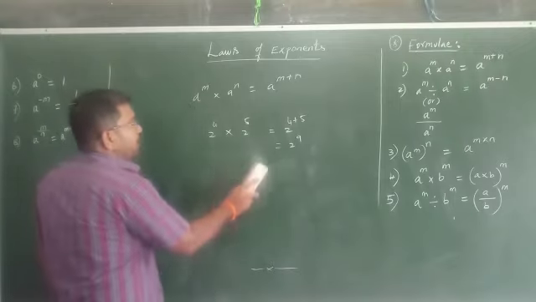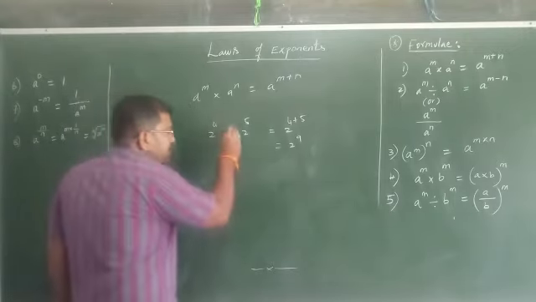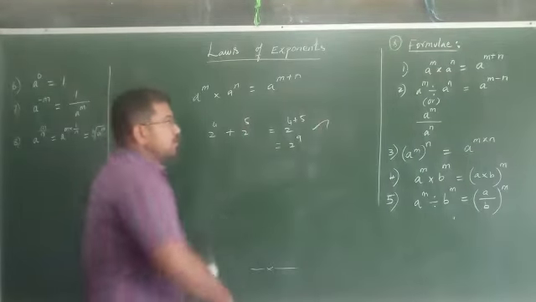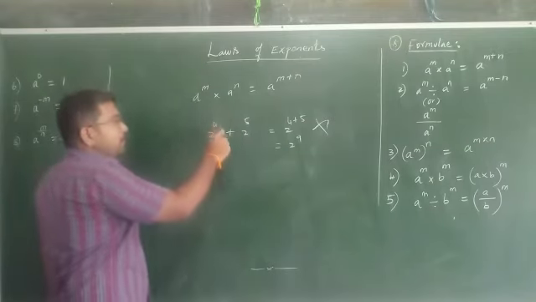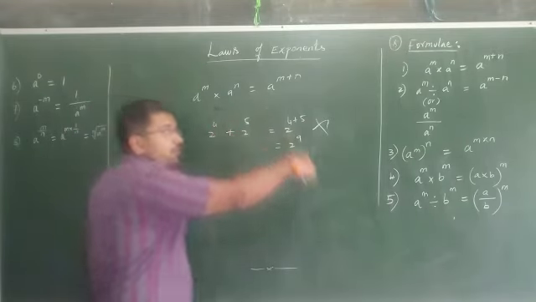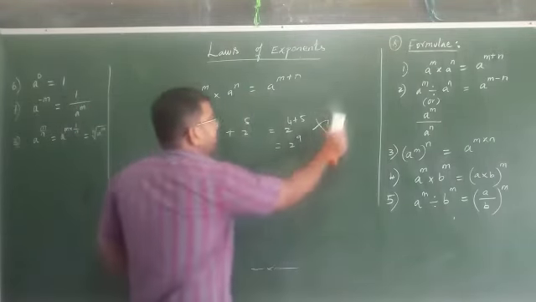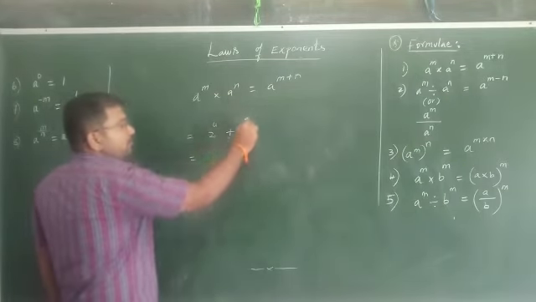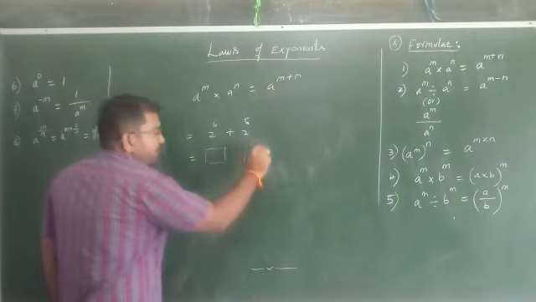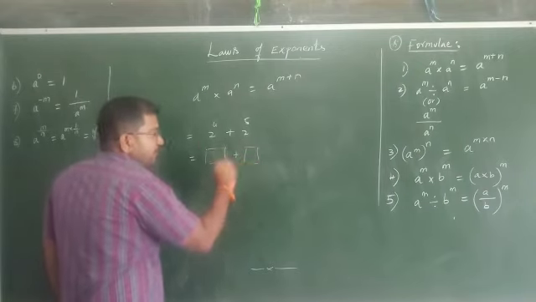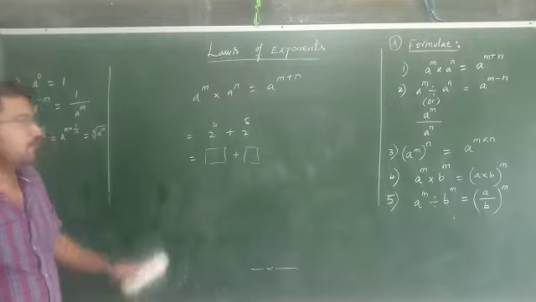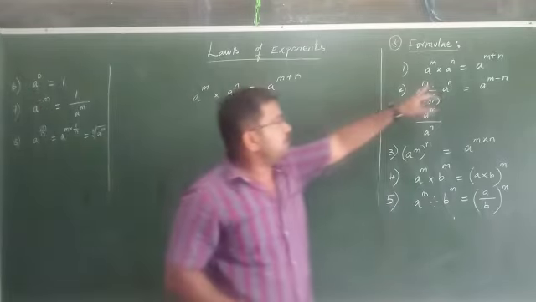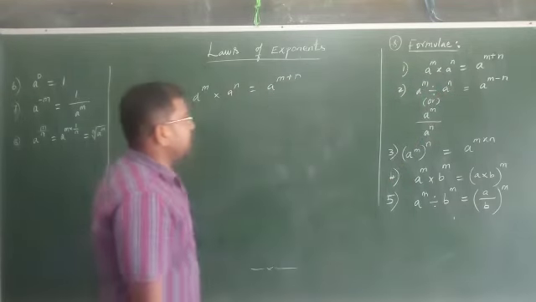Suppose instead of a product, there is a plus in between. Then is this answer right? No, it is not right. So for 2 power 4 plus 2 power 5, the formula is not applicable. Here we have to find the value of 2 power 4 and the value of 2 power 5, and after finding the values, we have to add. That is the regular format. We only use this formula for the multiplication symbol and division symbol.